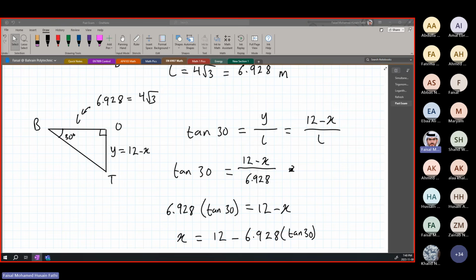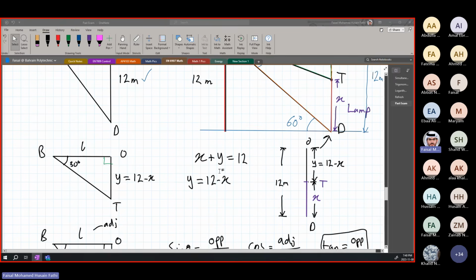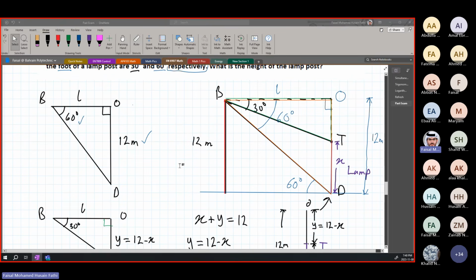Yes Khalid, you can solve it this way. It's the same thing, you can use another triangle. Let's use your method because I liked your method. But I was trying to avoid using the sine rule, for example. But since you guys know the sine rule, you could use that method as well.